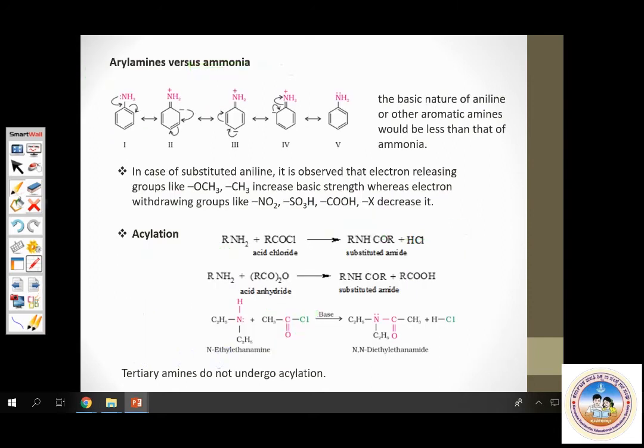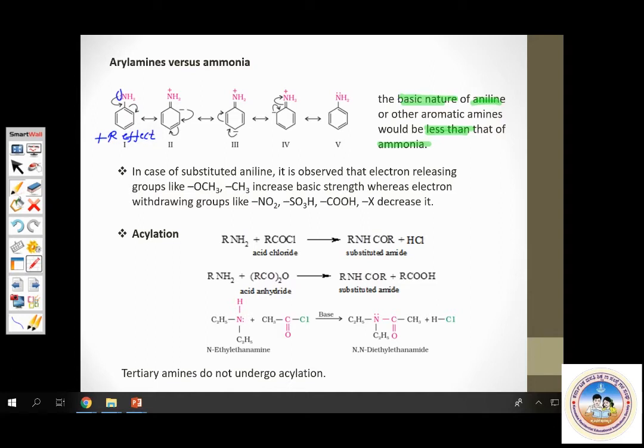Okay, now you are comparing aliphatic amine with aromatic amine. Aliphatic amines are more basic than aromatic amines. The basic nature of aniline, an aromatic amine, is less than that of ammonia, which means it will be less than that of alkyl amines as well. That is because of the lone pair of electrons. Observe, the lone pair of electrons here is involved in resonance, plus R effect. Therefore, electron density on nitrogen becomes less. Hence, that reduces its basic nature.